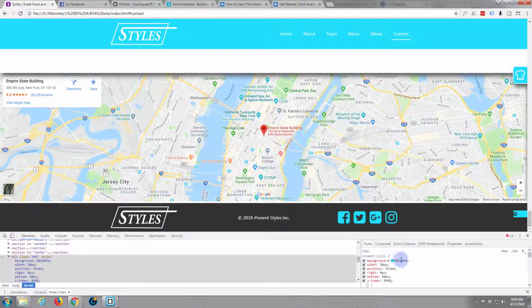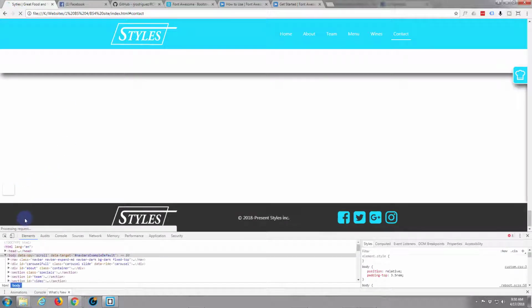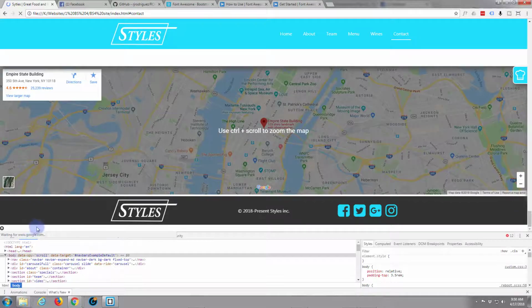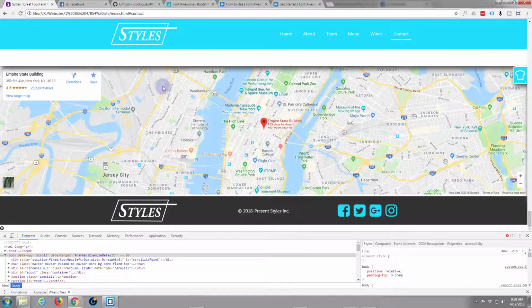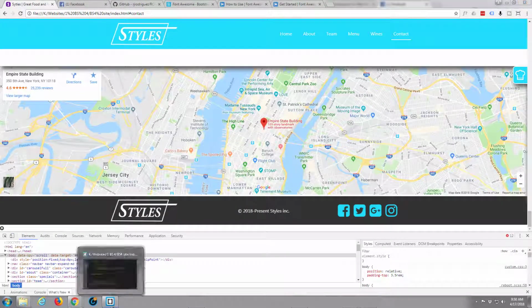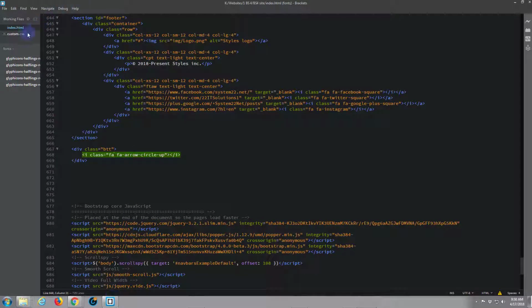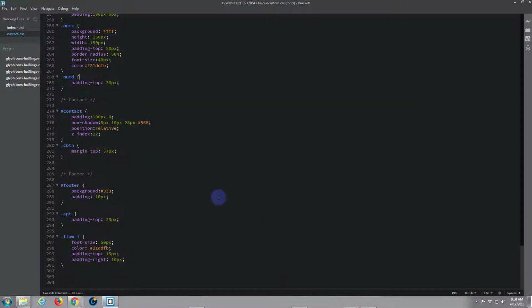Okay, so let's copy this and put it into our CSS, because once I refresh, this is non-destructive, it'll go back to how it was. Control C, and let's just refresh that, and as you can see, it's just gone back to how it was. So let's go back to our Brackets text editor, to our custom CSS file, and let's give it a title as usual,